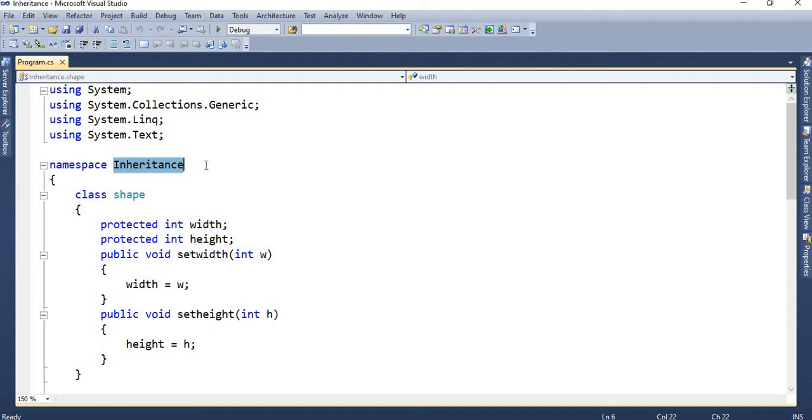Now, what is the advantage of inheritance? It reduces code redundancy, it provides us code reusability, so we can reduce the source code size and improve code readability. Now we will also discuss the types of inheritance, in which the first one